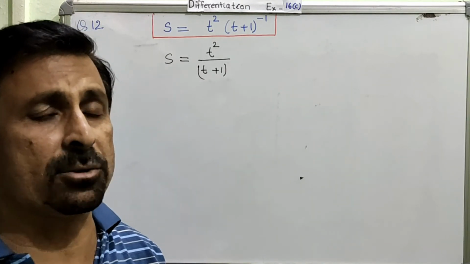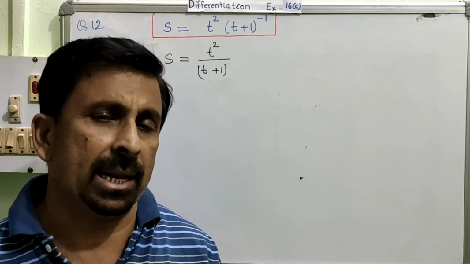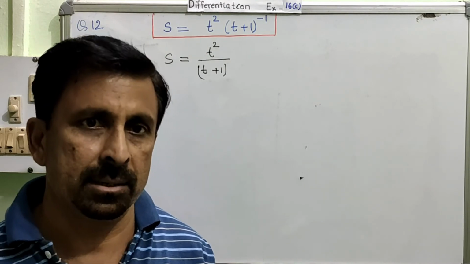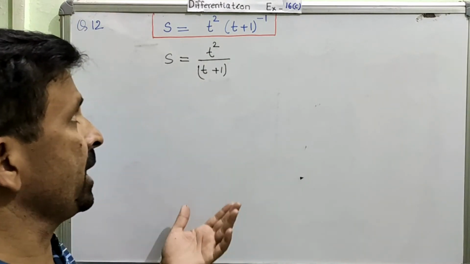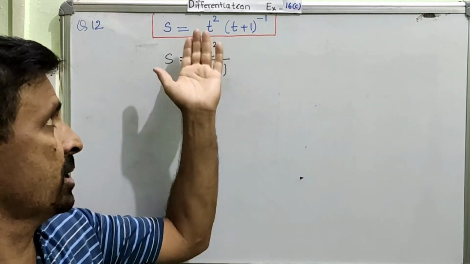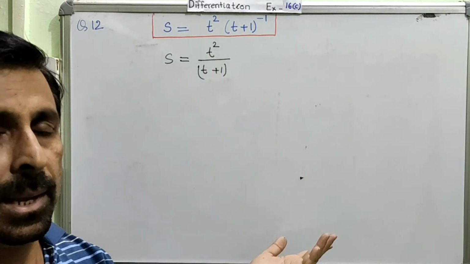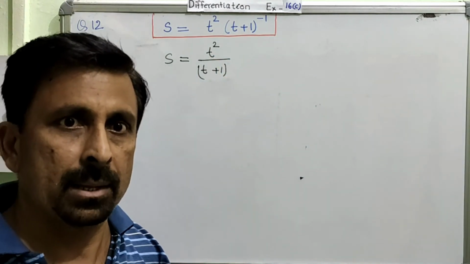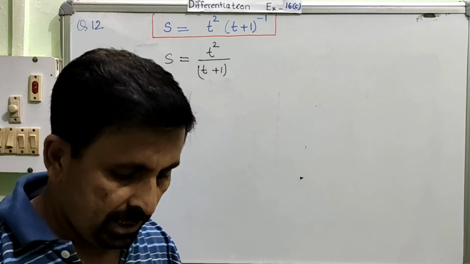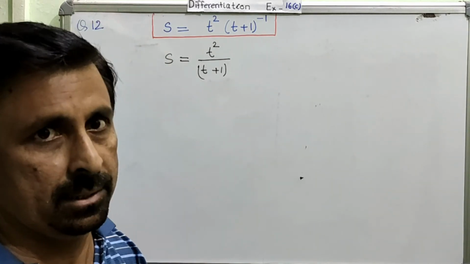But here, as I told you, in the differentiation, one quotient can be done by many different methods, isn't it? So this quotient, we have freedom. We can do it by product law also, or if we want, we can do it by quotient law also. In both the cases, the answer will be same. Is it okay? So there is nothing to worry. Whatever way you feel comfortable, you can go ahead.